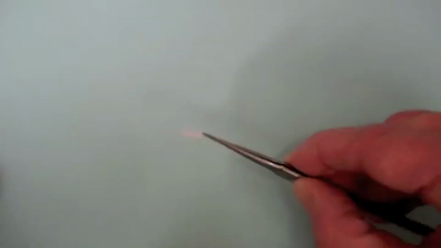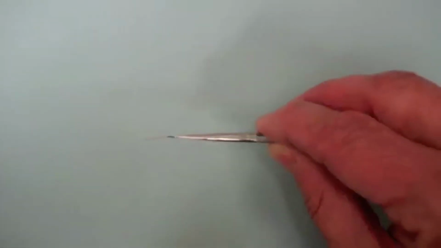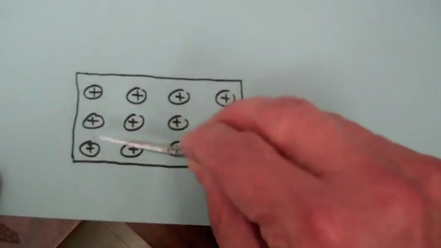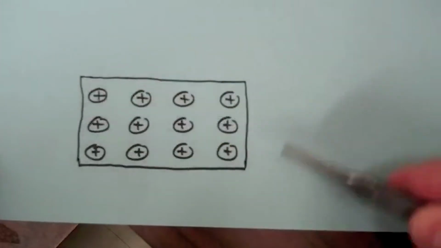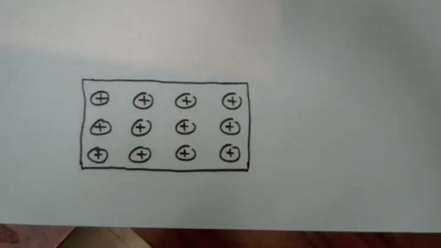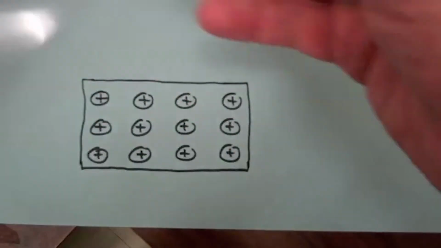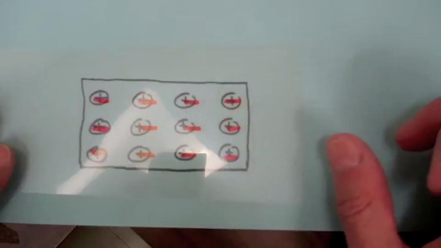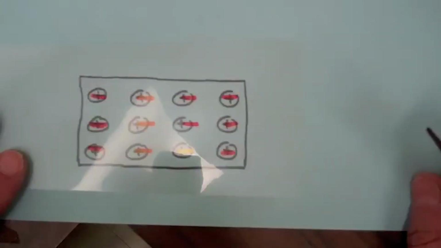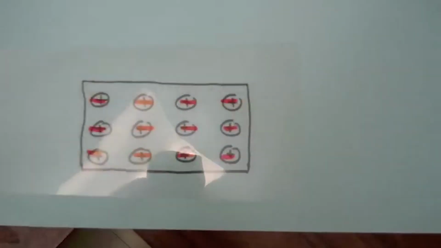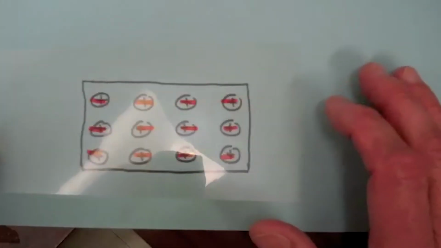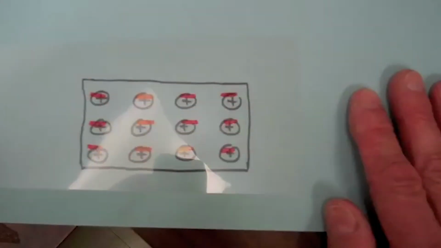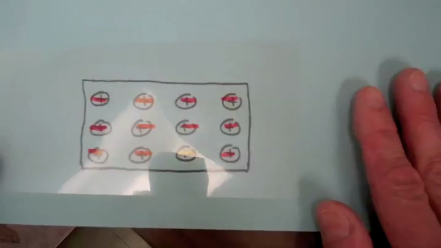Okay, so let's think about looking at this piece of paper edge on and modeling it in the following manner. So these pluses will indicate the location of the atoms in the paper, and the pluses can represent the positive charge associated with the atoms, and these negative signs, the negative charges. Now, the paper is a non-conductor, so the electrons aren't really free to flow, but they can move a little bit under the influence of an external electric field.